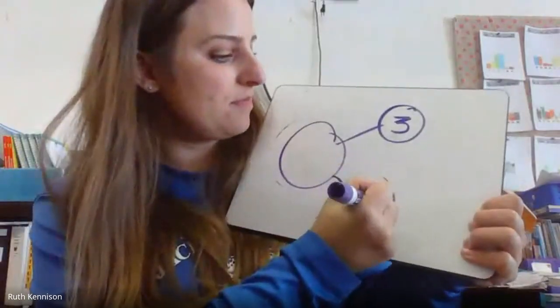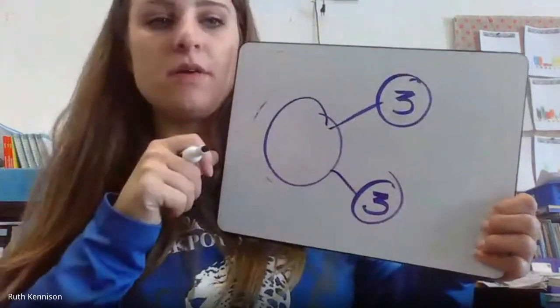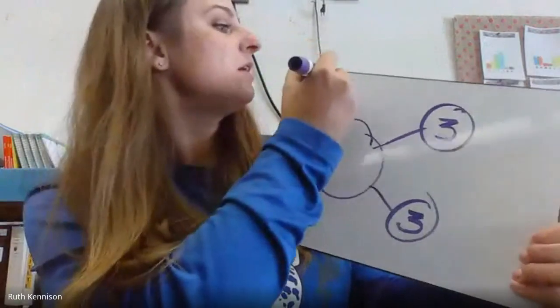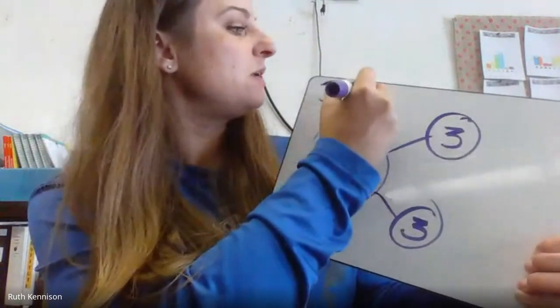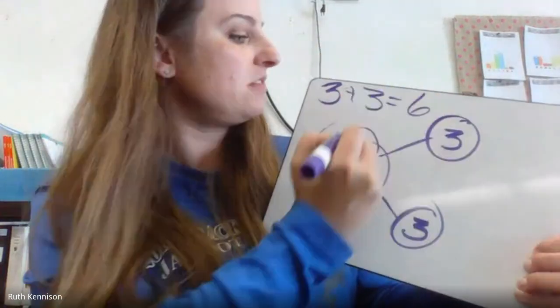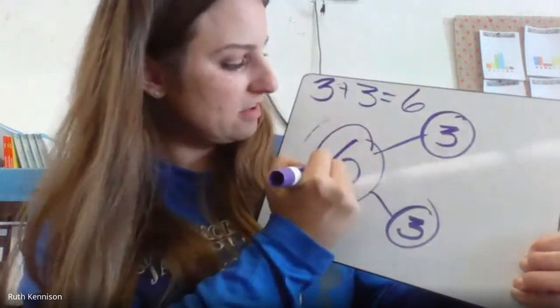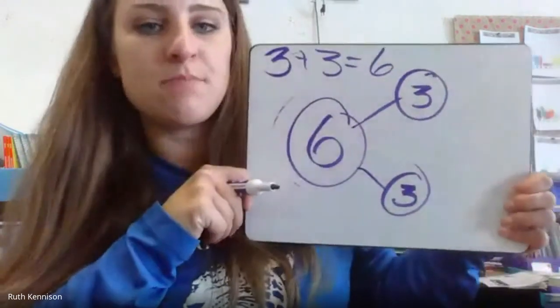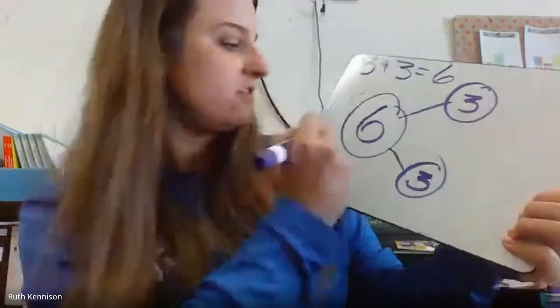3. 3, very good. And then it is 6. Excellent, because if we know our doubles facts, we know right away 3 plus 3 equals 6. So 6 is the whole, it's that big part in our number bond. Very good. So we would say